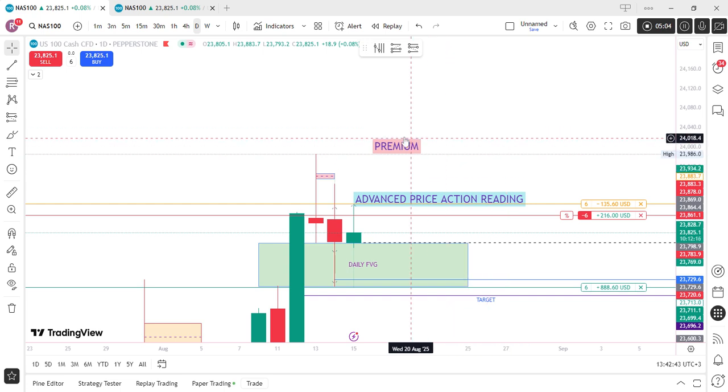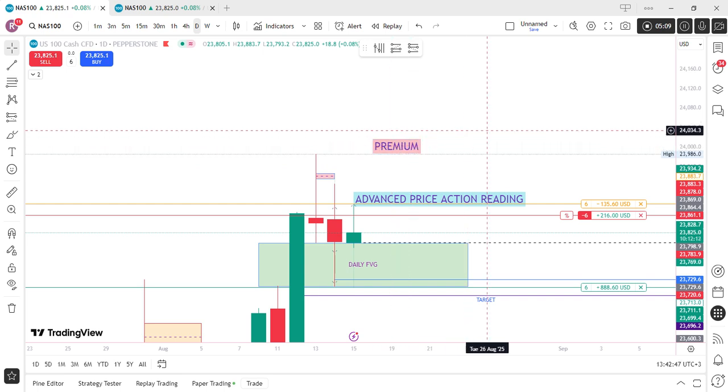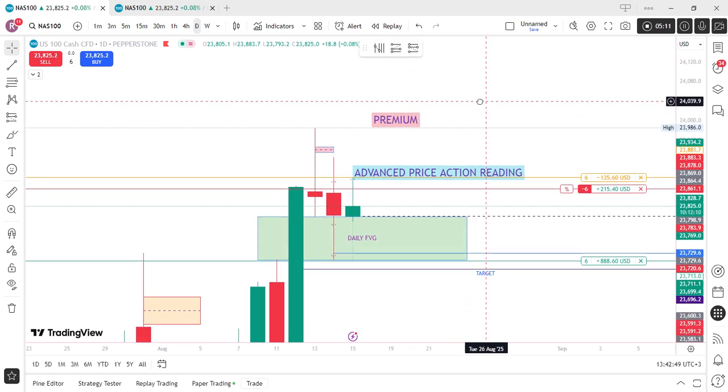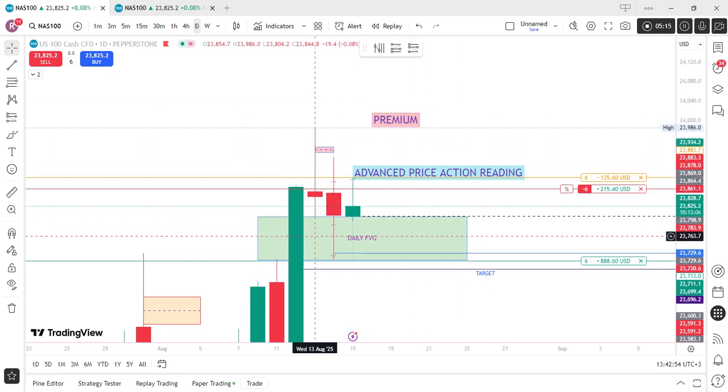So once you're in premium, and once you understand that when you're in premium, you're supposed to be looking for sales. You're not supposed to be buying. Yes, at some point you can be buying in. For example, I think I bought yesterday. Yeah, I bought Nasdaq from this point. Once this PDRA was tapped in and the open was happening, I bought, and because I knew already the damage